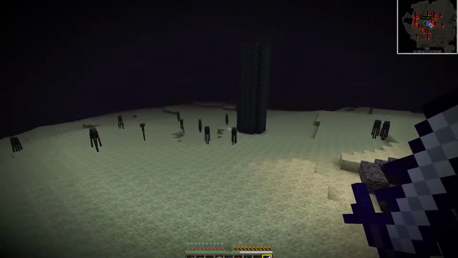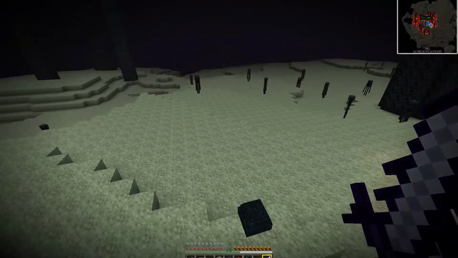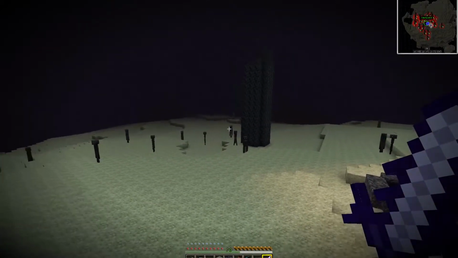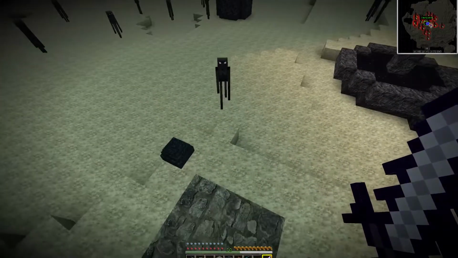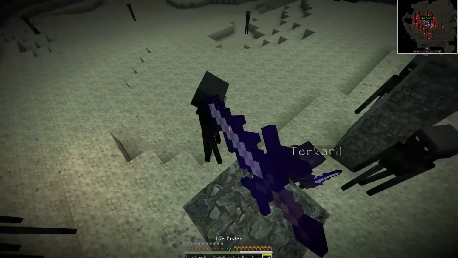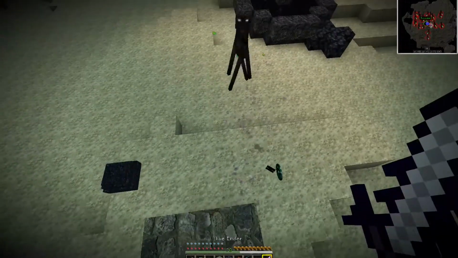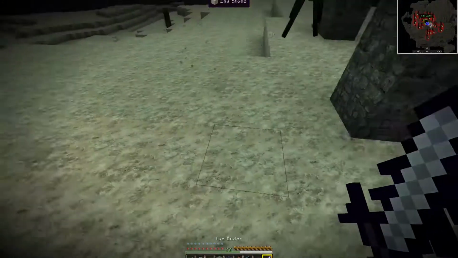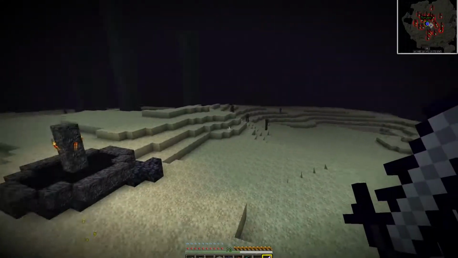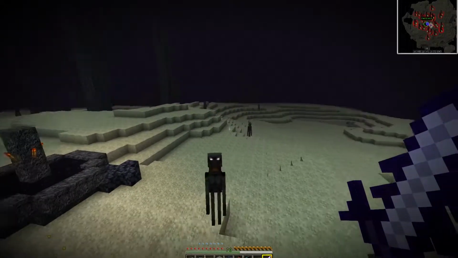A few of them pissed off at me. Let's see who comes and says hi. Here comes one. I got a couple here. Come here. Let myself get knocked off. A little bit easier than hunting in your desert, huh? Yeah, don't have to run anywhere. You just...